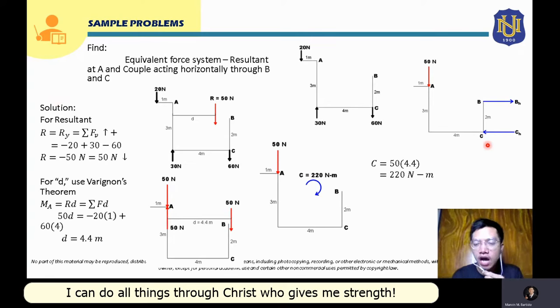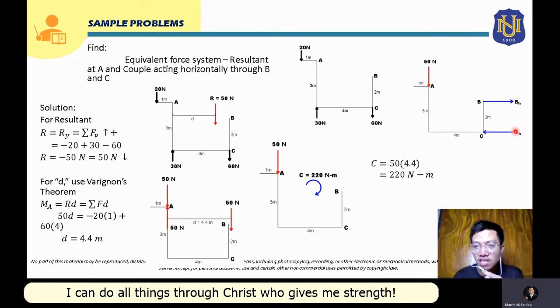So again, your BH and CH should be directed in such a way that they will produce a clockwise moment or couple. So your BH should be directed to the right, and your CH should be directed to the left. This will produce a clockwise couple, which is what we need here. So from that, since we have here the magnitude of the couple, which is 220 Newton meter,